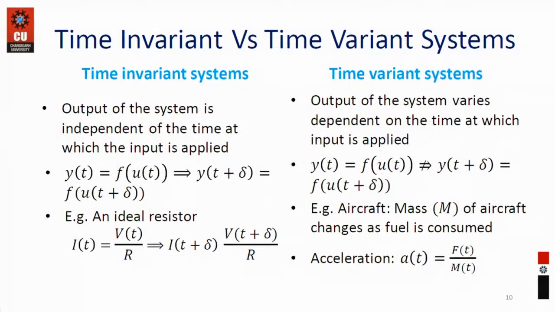Similarly, we can classify systems into one more type: time variant and time invariant systems, known as TIV or TV. One is time variant, second is time invariant. Time variant systems are those which depend upon time. For example, let's say you are doing a chemical reaction, or the fabrication of your PCB. How do you fabricate a PCB? By dipping a double-sided copper clad in a ferric chloride solution.